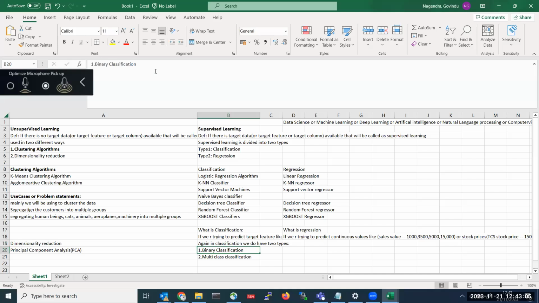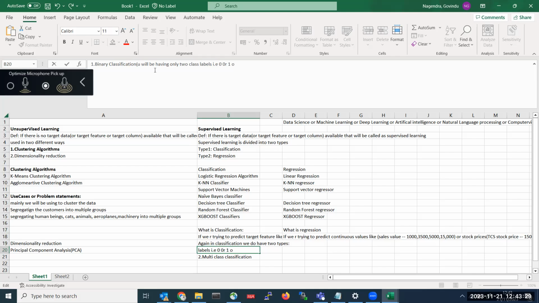In binary classification, you will have only two class labels, that is 0 or 1.